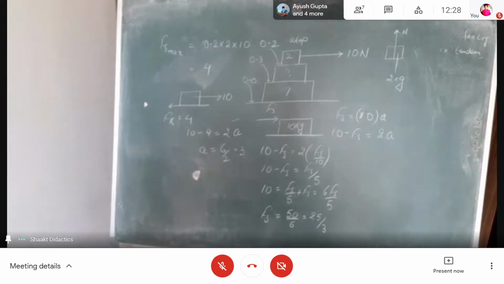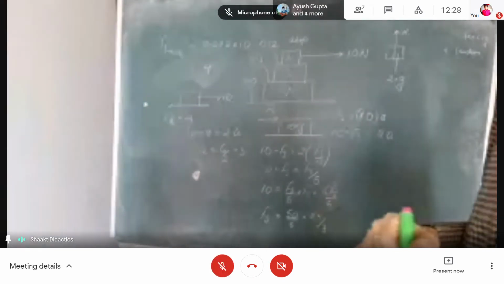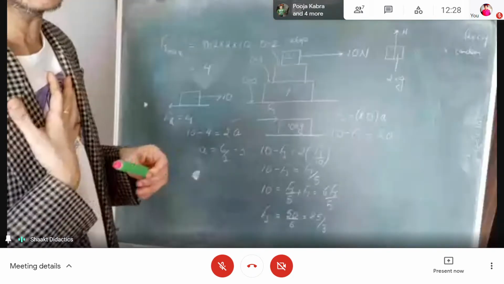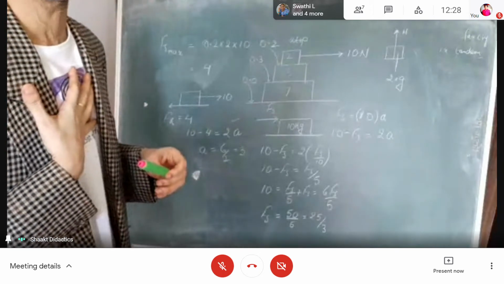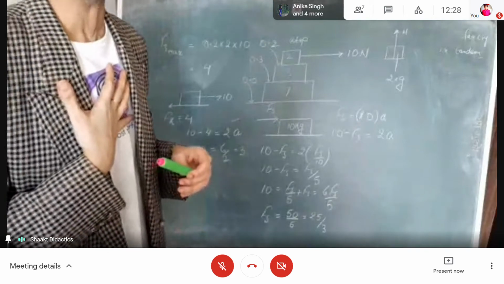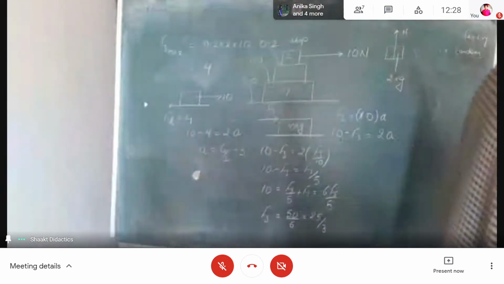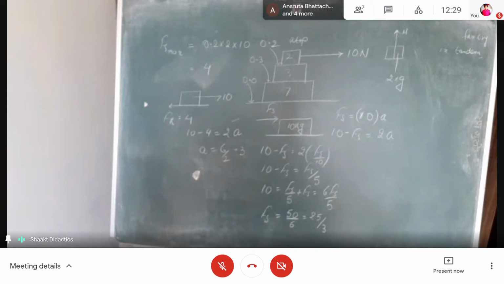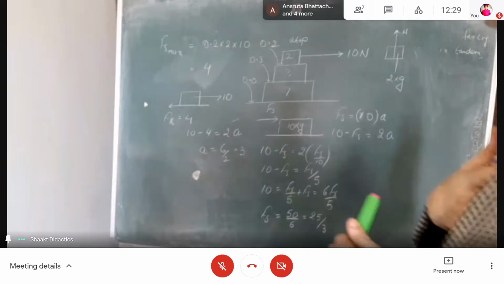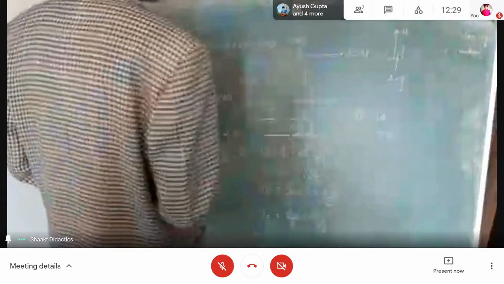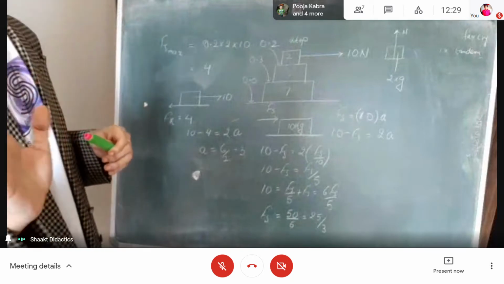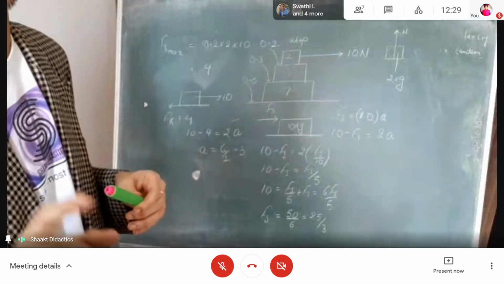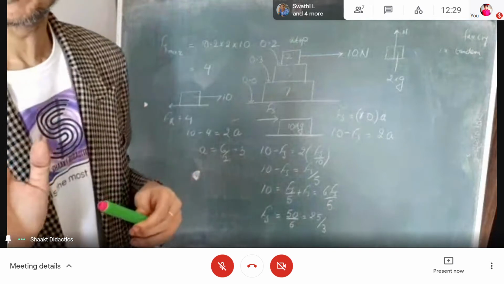So we will have to secure ourselves of confusions. Don't get confused, irrespective of there being motion between 2 and 3. As Anika said, what did she say? She said that we will assume 2 and 3 to be moving as a unit. Correct, class? So if we assume 2 and 3 moving as a unit, we will not confuse ourselves with what we have derived earlier. Okay, dear?